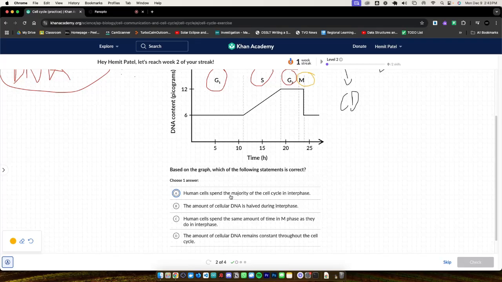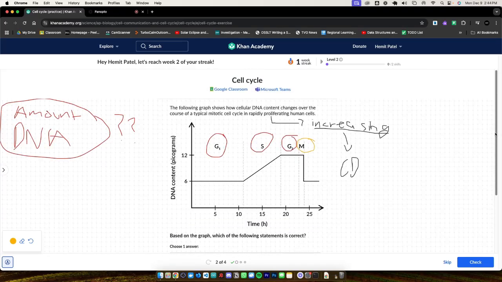Human cells spend a majority of the cell cycle within interphase. That is correct. The amount of cellular DNA is halved during interphase. It's actually doubled during interphase. So it's the opposite of this. And we can see that through here, because the DNA content starts at 6, but then during the S phase in interphase, it shoots up, right? It shoots up. And the reason why this happens is because of DNA replication, where within your chromatins in the